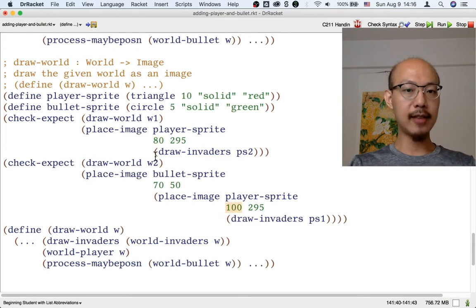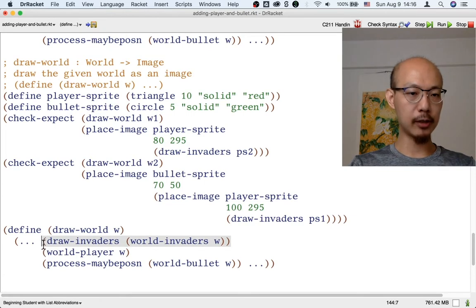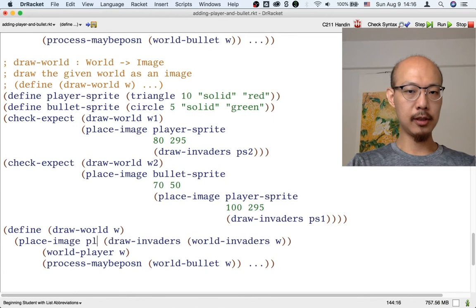So the examples already suggest that we use place image like here and here to put the player sprite on top of the result of draw invaders, which is produced by draw invaders PS2 or draw invaders PS1 in the examples. So already we can start to fill in the template using what has been suggested. We have an image here, the result of draw invaders. We have a number here, the result of world player. So we could use place image to put the player sprite